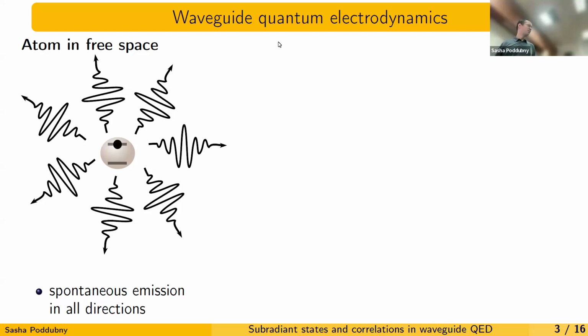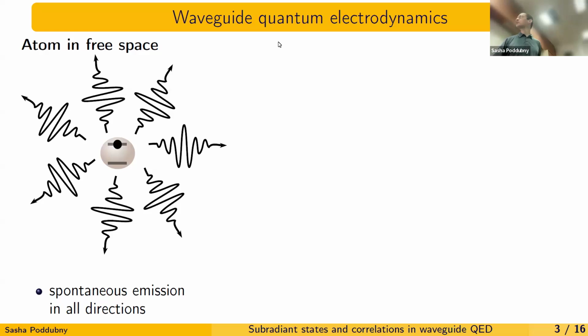So what can you do? The typical way would be to confine all photons in a cavity, and then photons are emitted into a single mode, and the interaction is much stronger because the electric field in the cavity is stronger, and it's all in a single mode. This is cavity QED, and it's a fascinating topic. So Ella is doing it, and I'm sure many other people here are doing it, and I will not talk about